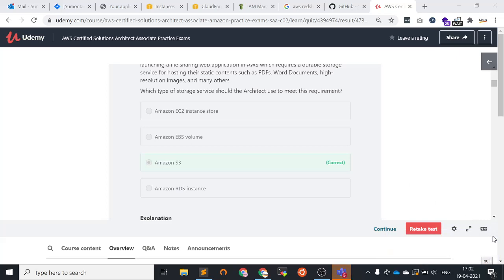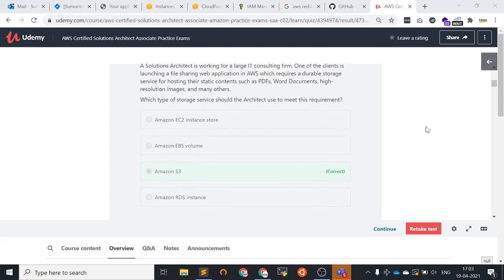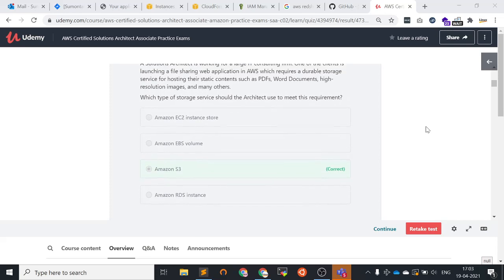The first option, the instance store, is for the EC2 instance. It is not for global use, meaning it is not durable storage for hosting. An EBS volume is also similar to instance store; it can be attached to the EC2 instance. So with only the EC2 instance we cannot download or upload files for a file sharing application; for that we would have to install other applications there.